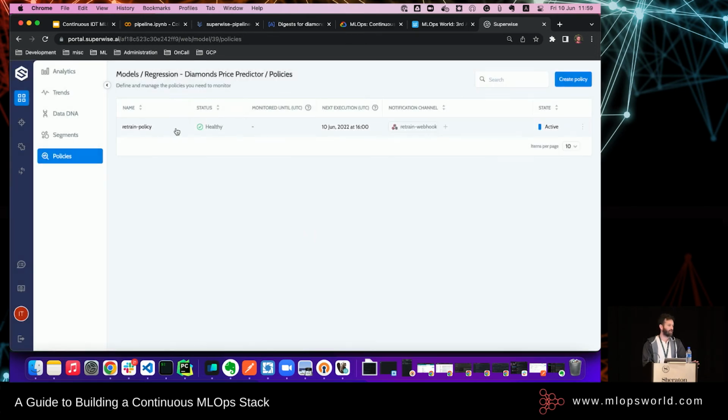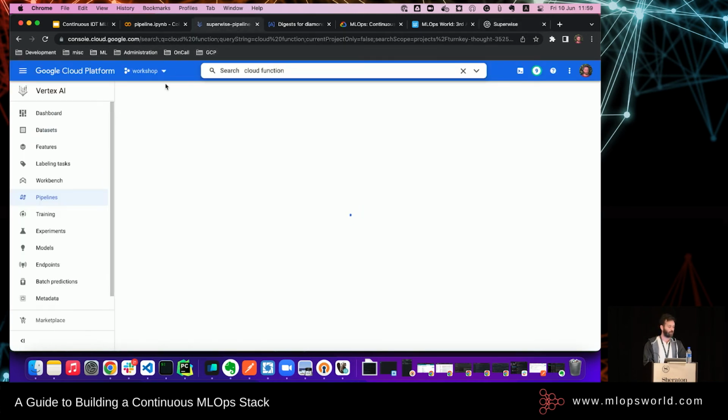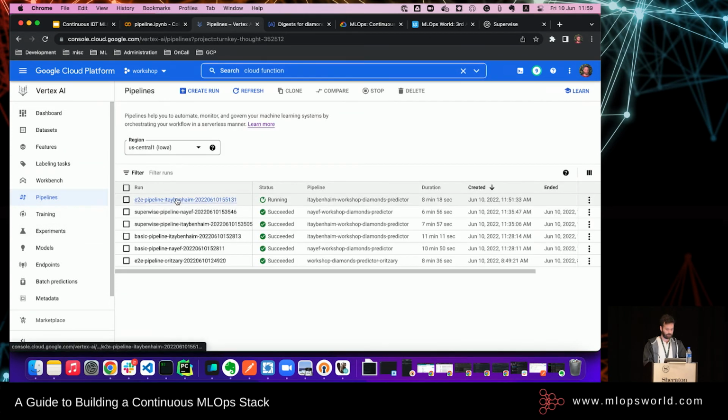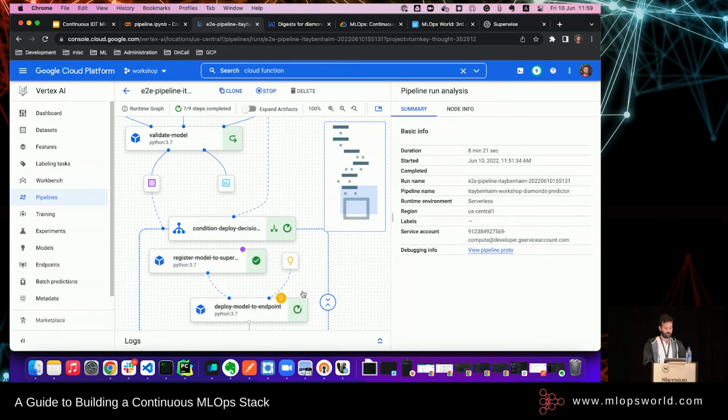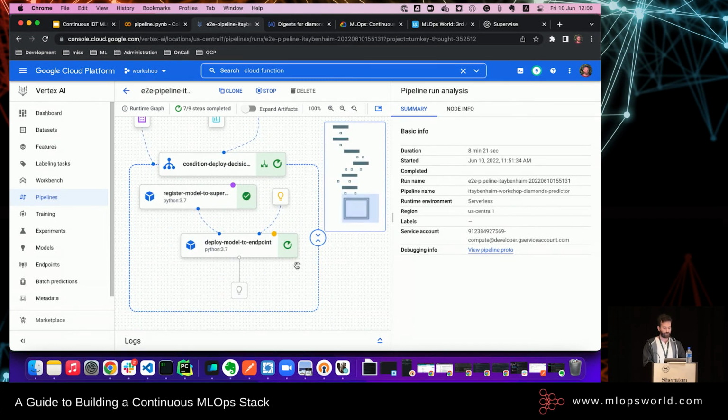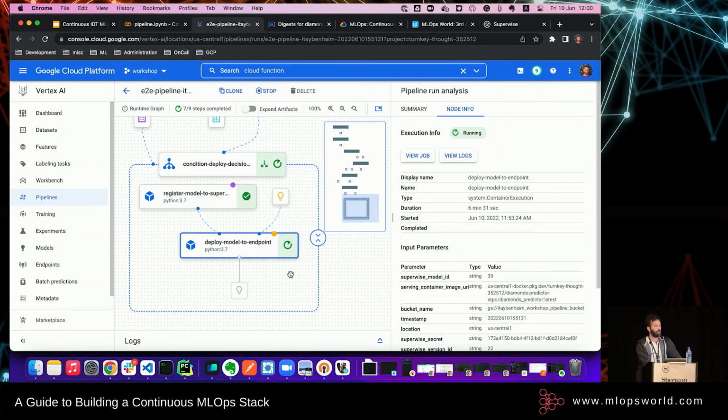Pretty much our production service is robust, and we can start simulating real-world data and see if it is working. Before I do that, if you remember, I launched a step to deploy to an endpoint. Let's go back to pipelines. It's still running. This one is the heaviest, the slowest task that I have here. It's going to take about 15 minutes at least.